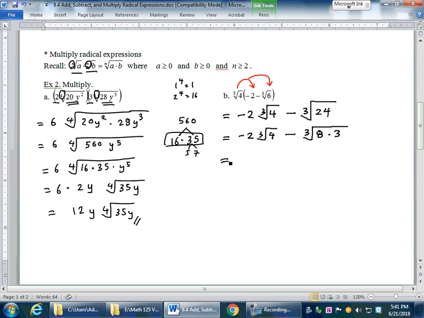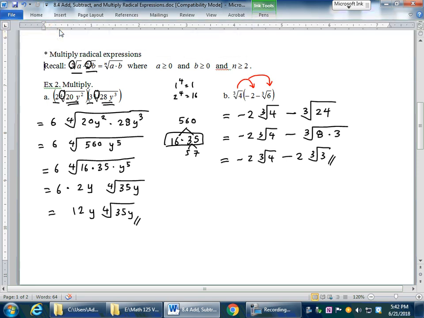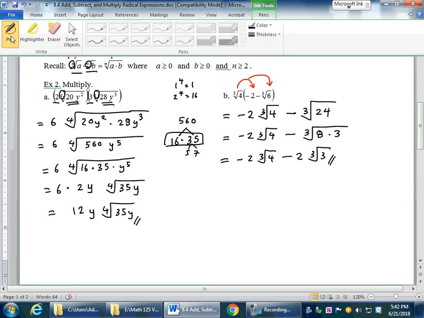So after we simplify it, that will become negative 2 cube root of 4 minus cube root of 8 is 2, cube root of 3 left inside. And this will be my final answer because they are not like radicals and we cannot combine them. So moving on to the next example